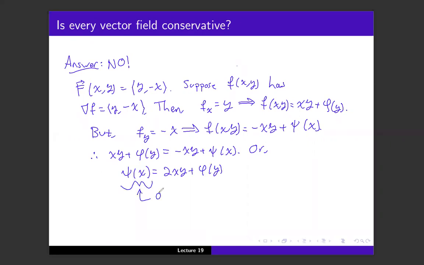So the whole point here is that this function psi only depends on x, and this function phi of y only depends on y. And that's not possible. You can't have a function that only depends on x be equal to 2xy plus something that only depends on y. That can't happen. And to make this even more concrete, just for completeness and for posterity,